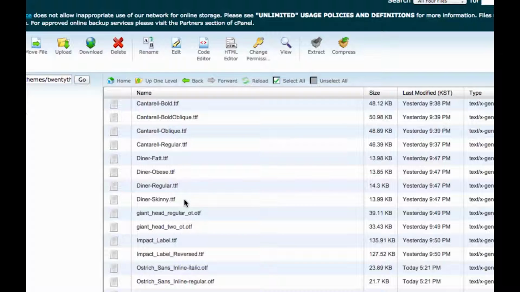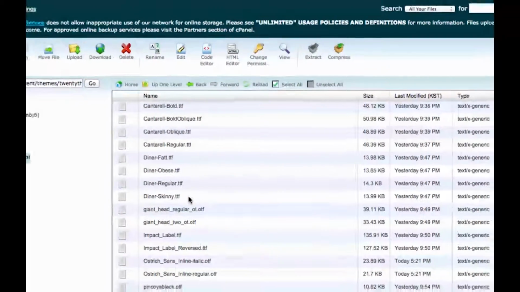For me, I think this clutter of different fonts is fine, but other people might cringe and want to organize the fonts further into different folders. For me, it doesn't matter. So once you've navigated to the page where you want your new font to live, you're going to upload the